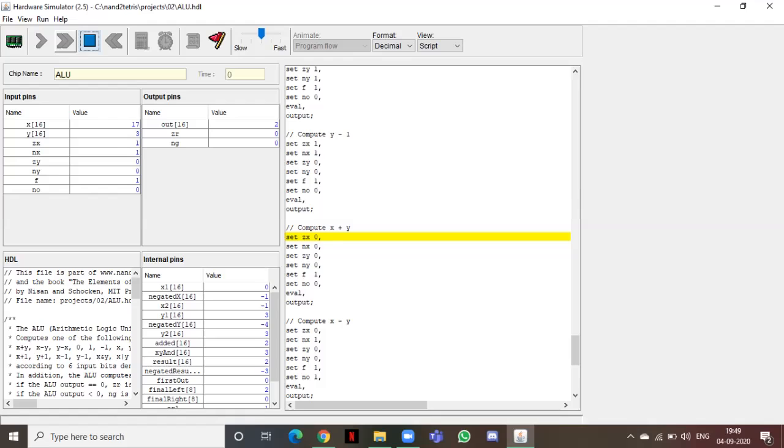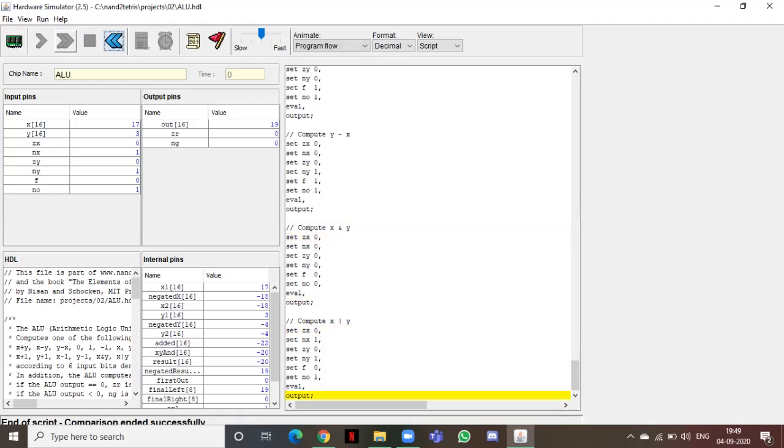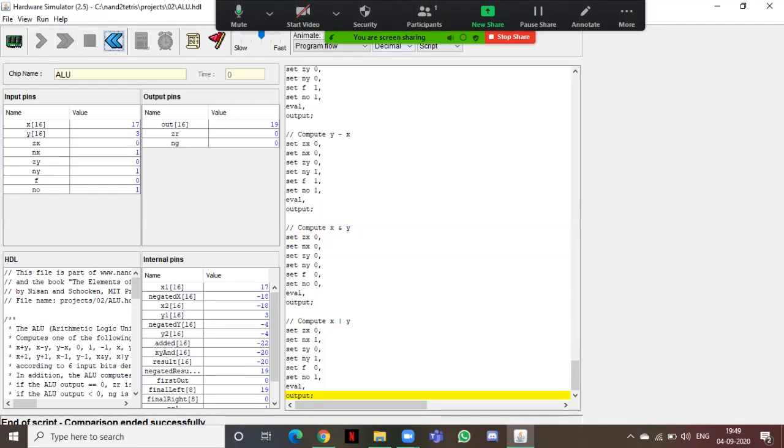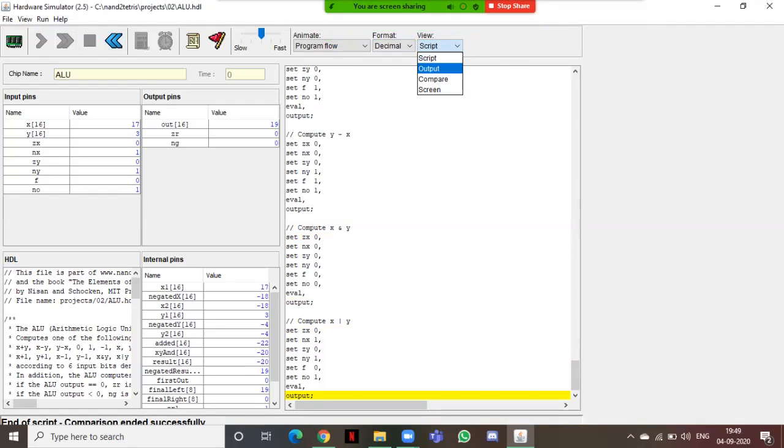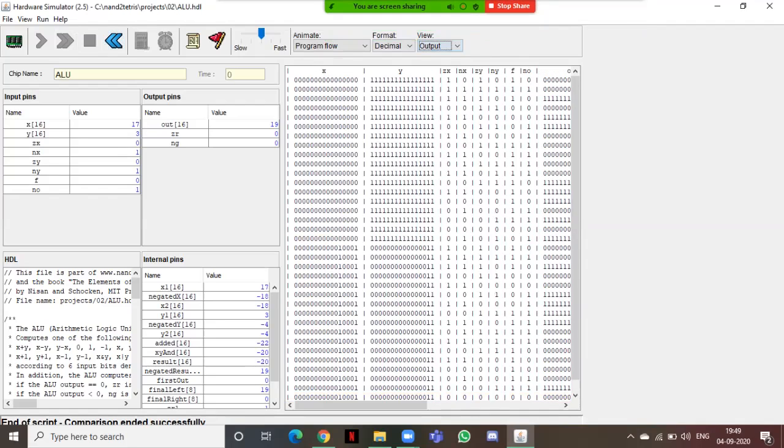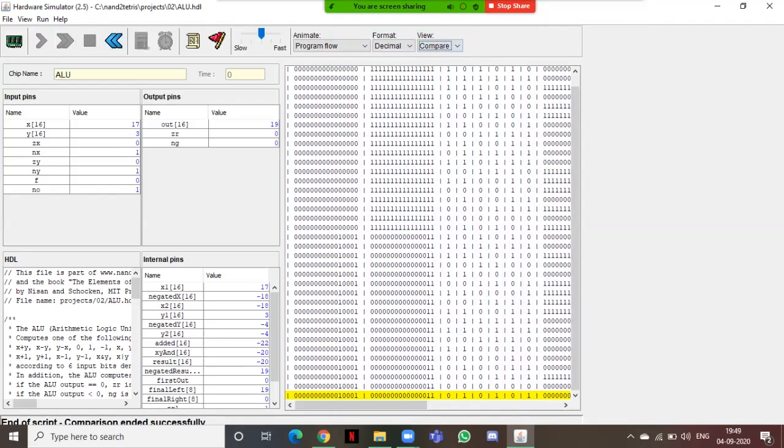The values in our input and the output pins. So we have reached our output and I'll just show you the output. See, too long, no? So many internal pins. Look at this. Oh my God. We'll compare it. So it's being compared. It's perfectly fine.